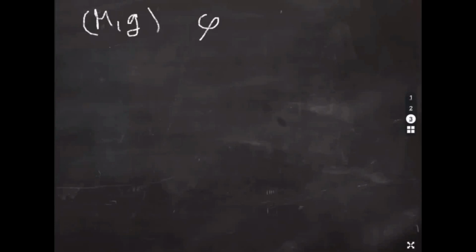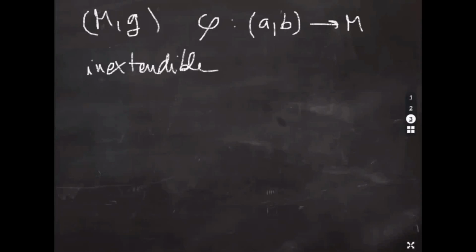In any case, let's stick to English. So phi is going to be a map between, say, a and b and M. So this map is an inextendible, differentiable time-like curve